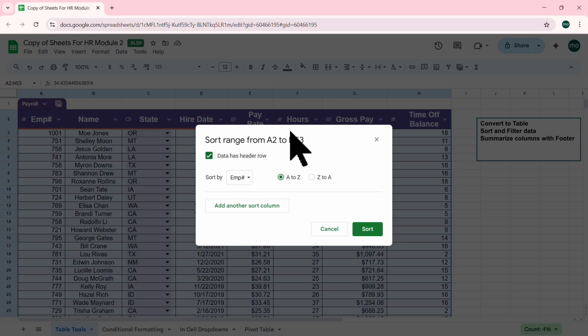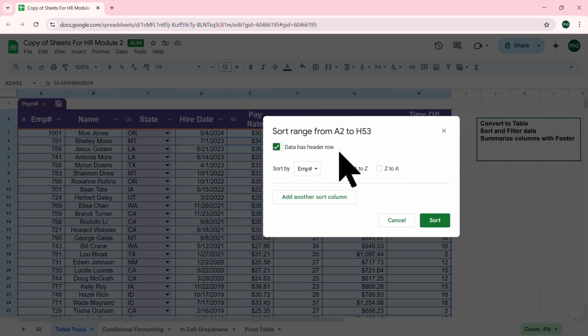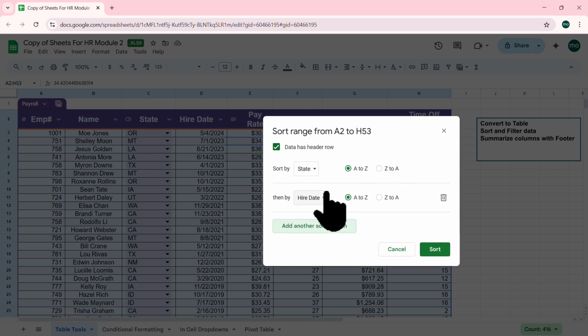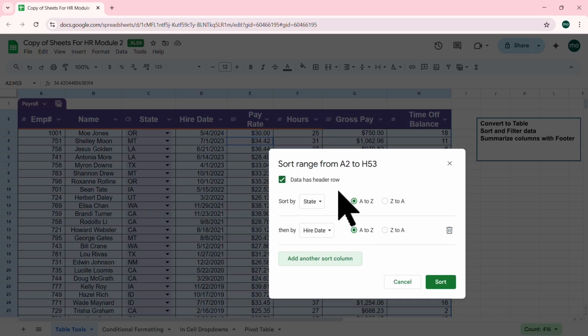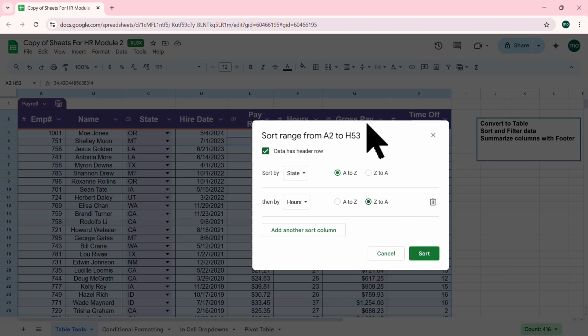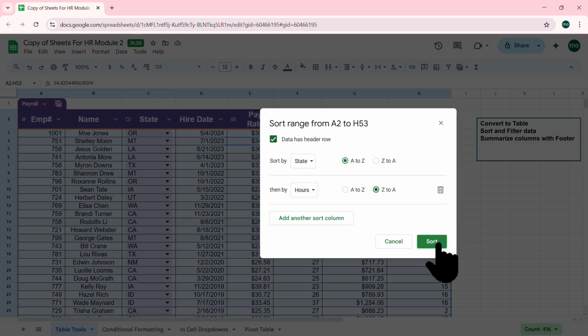So I'll move this out of the way, and I'll sort by state. That's going to be A to Z. And now I can add another sort column. The second column, I'll put in the hours worked. And this one will be from top to bottom. So that's how we can use the advanced sort. Once I click on sort here,